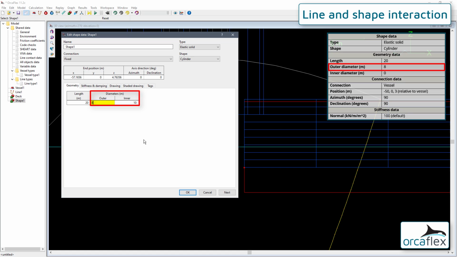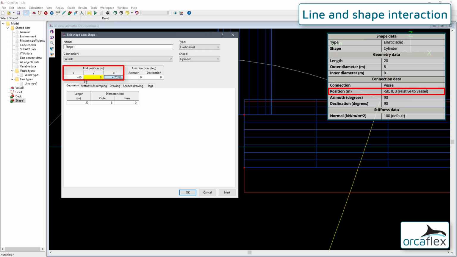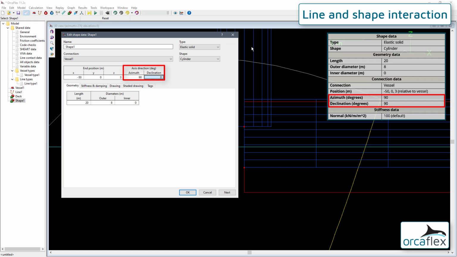The outer is 8 meters and the inner is set to 0. We'll connect it to the vessel at a position of -50, 0 and 3. And we'll set the azimuth and declination both to 90 degrees in order to orientate it correctly.